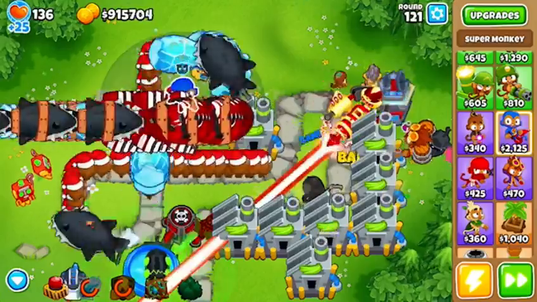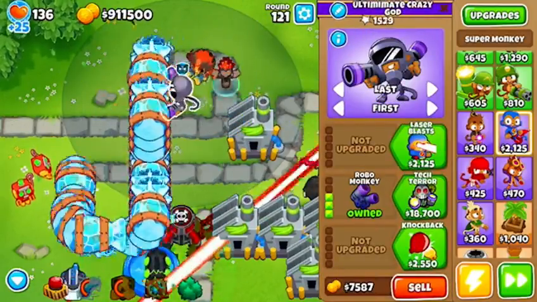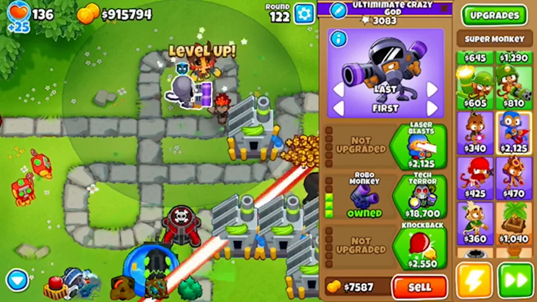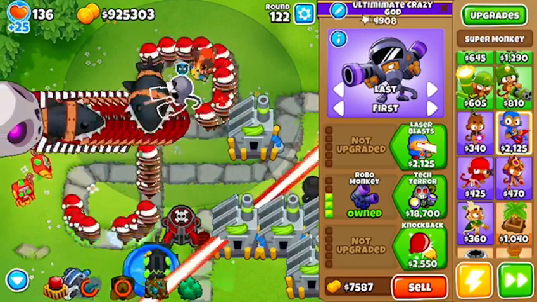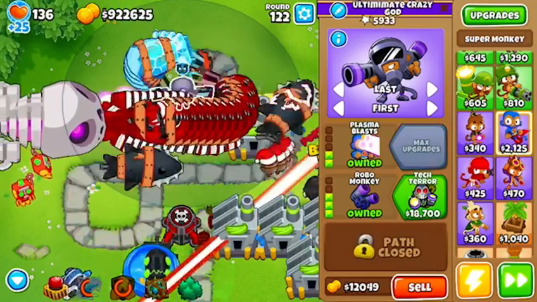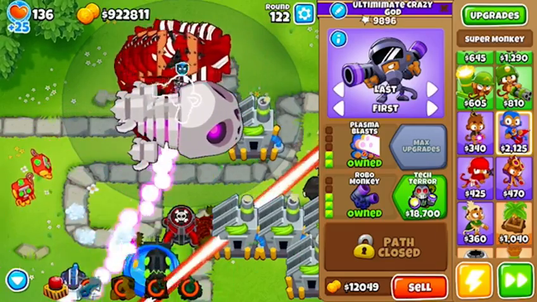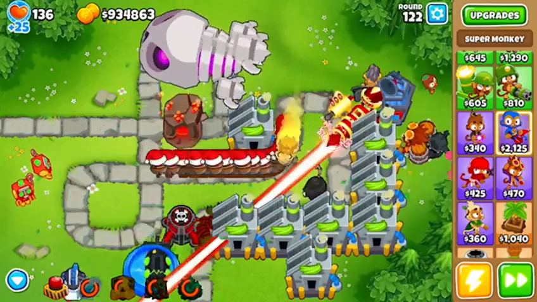But say you wanted to get a Robo Monkey. Well, this Robo Monkey only shoots darts, and for the price that you're paying, it's not that good, honestly. It just really doubles the popping power and has a good radius, that's it. But once you get Plasma Blast, now this is where the popping power really comes into play. And also,